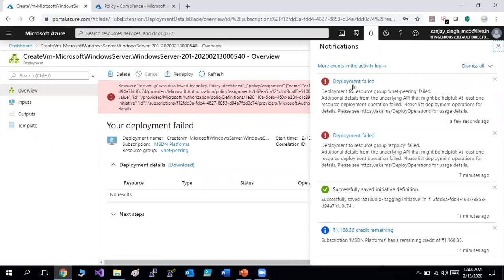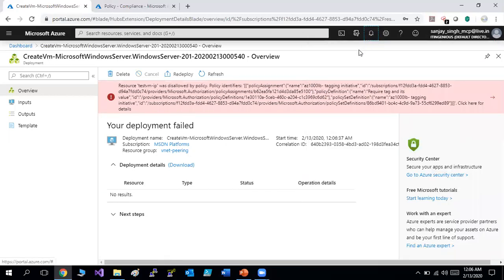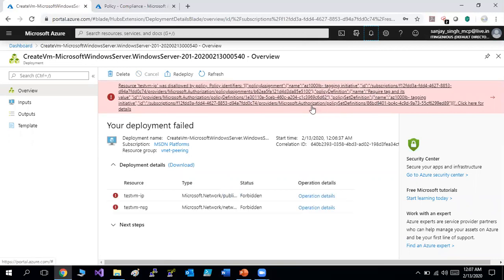So you can see deployment is failed. So there is a policy definition. So now let's verify what it is saying. There is a policy definition. Okay, required tag. So for tag, this policy is failed due to tag. Correct. And is there any policy for